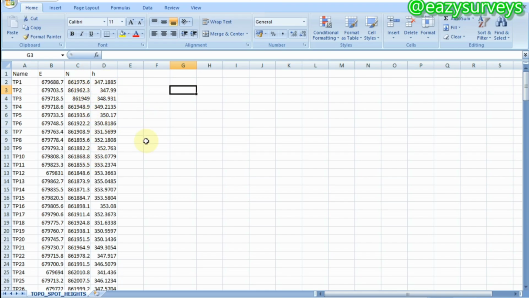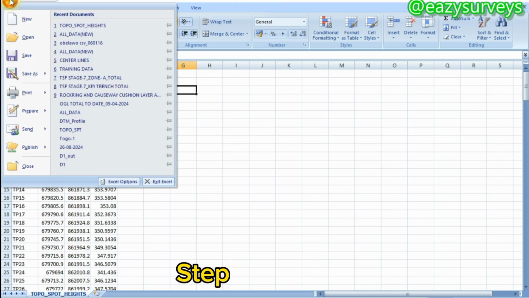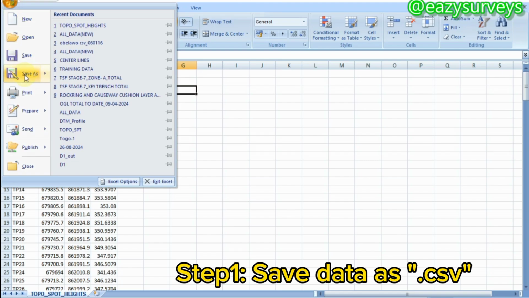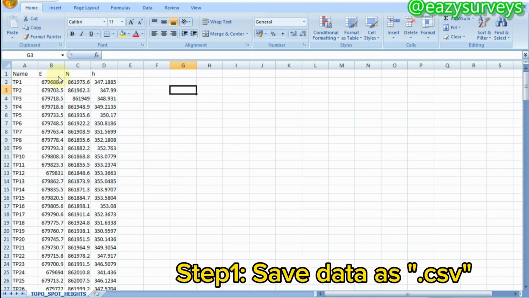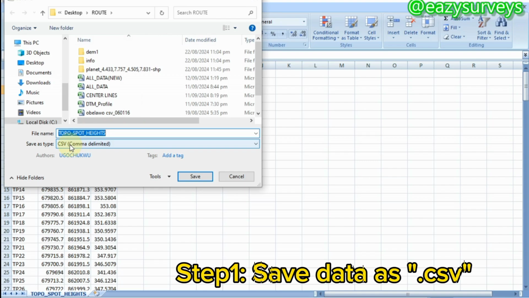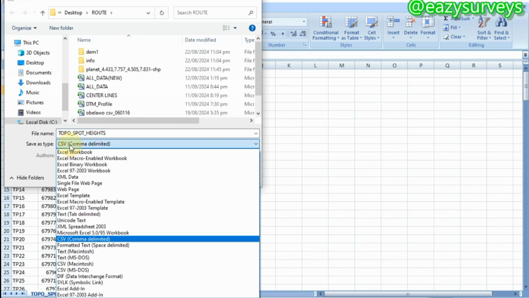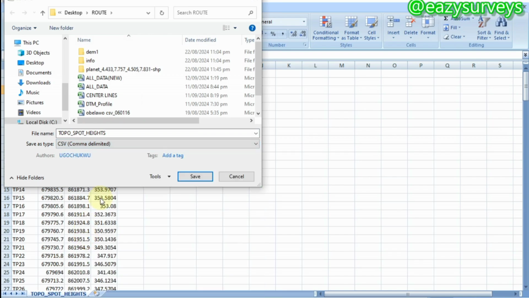Alright, so when you arrange your data this way on your Excel sheet, you have to save as .csv, that is CSV comma delimited. So you click at this top left corner, then you click on save as. When you click on save as, you are going to see the option coming out below here, save as type. You click on that. If yours is not showing CSV comma delimited, then you scroll to CSV comma delimited, you click on that, then you can rename your file. Then you note the folder it is going under. I'll just call it topo spot data. When you are done with that, you click on save,